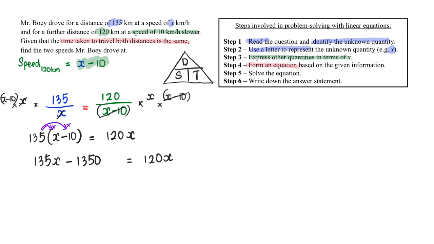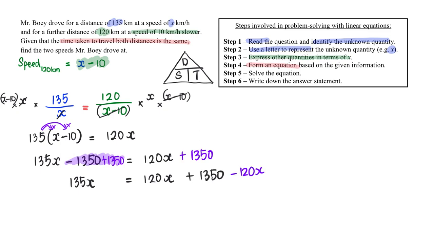I'm going to add 1350 on both sides, so that this part here will become 0. I'm only left with 135x. And you will see me minusing 120x on both sides,